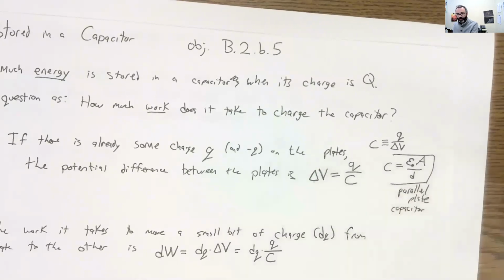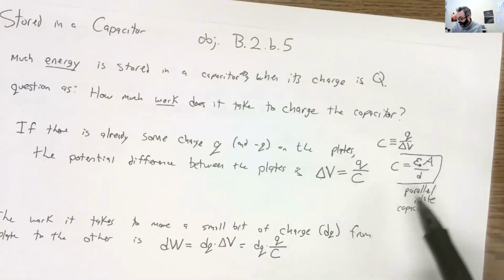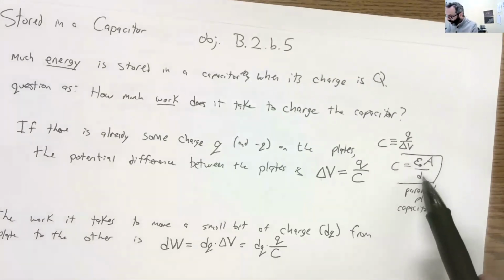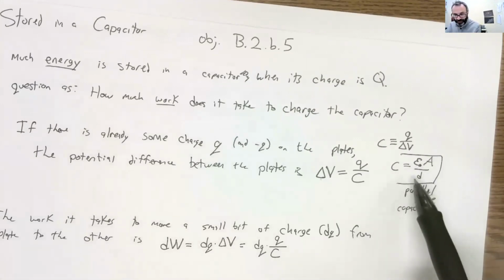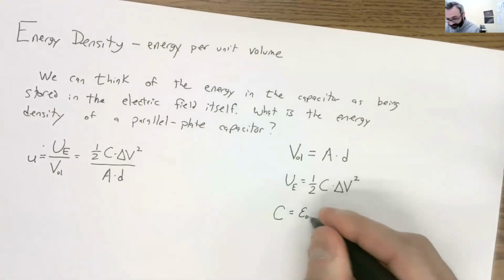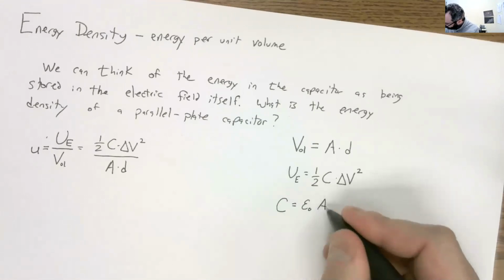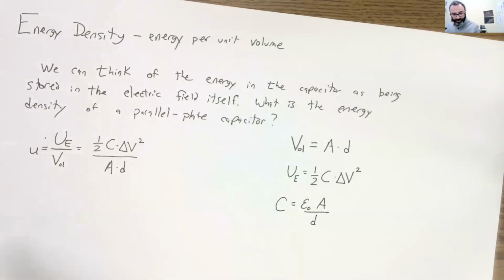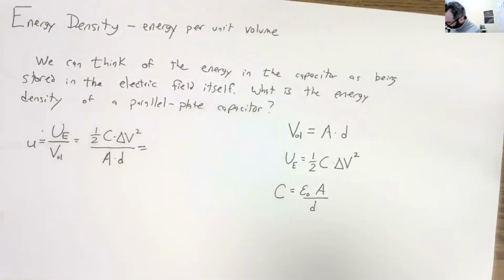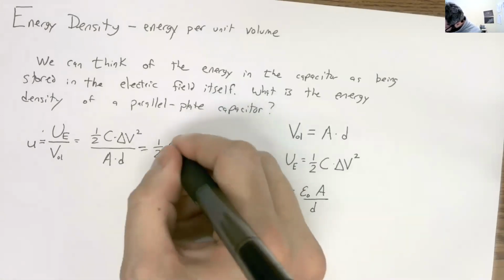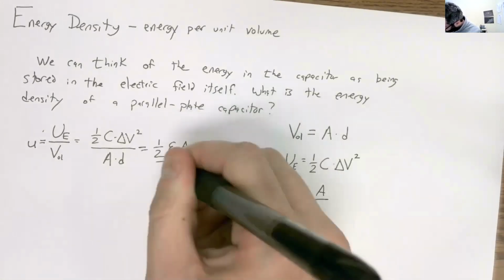Q over V, right, which is the capacitance in terms of area and separation distance. So I can plug in this expression for capacitance into here, this expression that says it's just that constant epsilon naught times A over D. Now when I plug this in here, I'll be able to cancel out A's and D's maybe. So I have 1/2 epsilon naught A over D